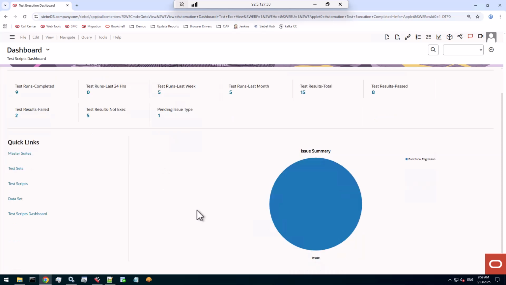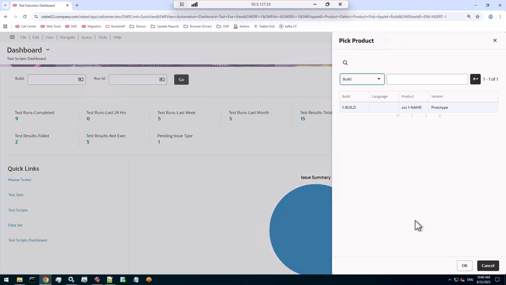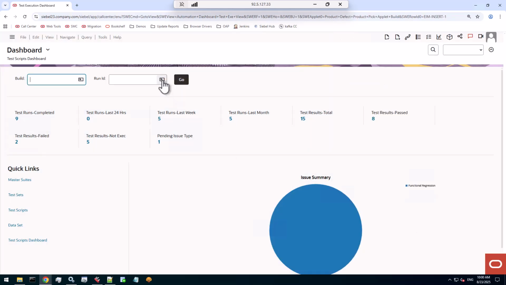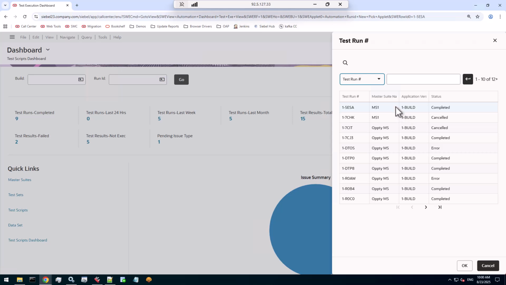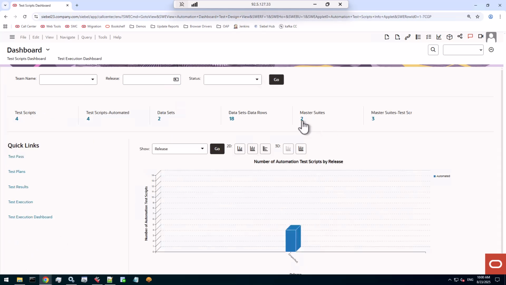So, and there's an issue summary chart as well once you start adding the issues. So functional regression was the only one I entered, so I have a big blue blob here. And there's also filters on these dashboards for the build. If you have multiple builds or even run IDs, you can filter by run ID. Let's go back to the test scripts dashboard, go back to the test executions,